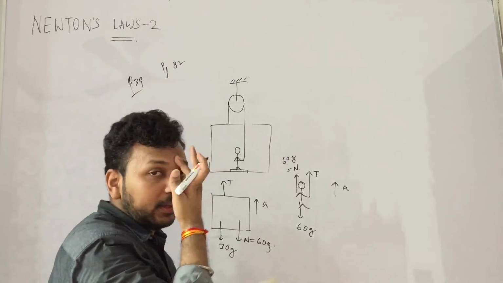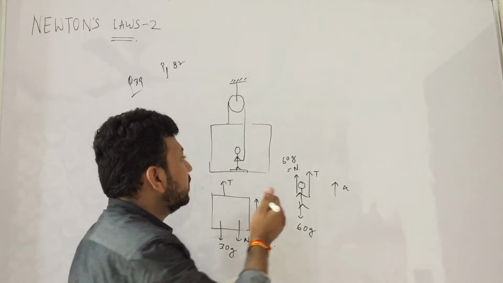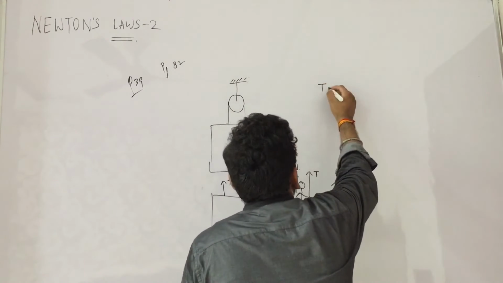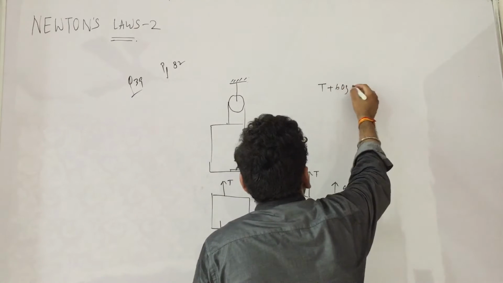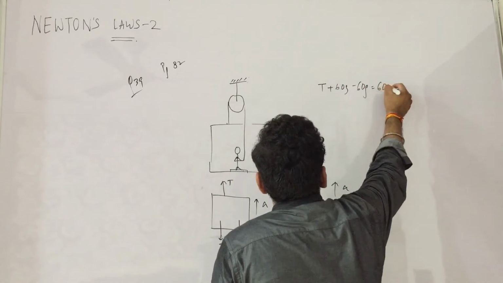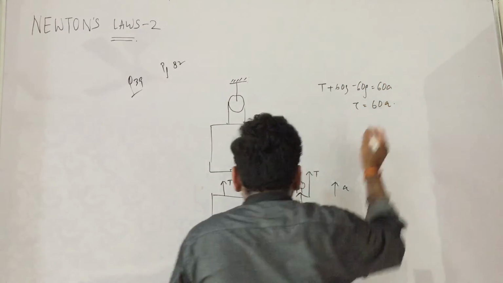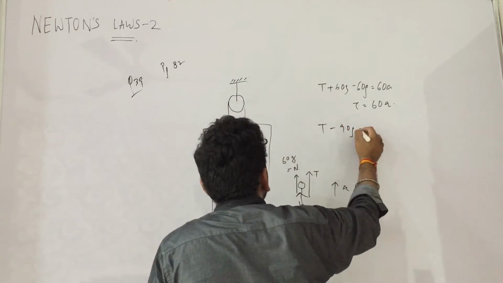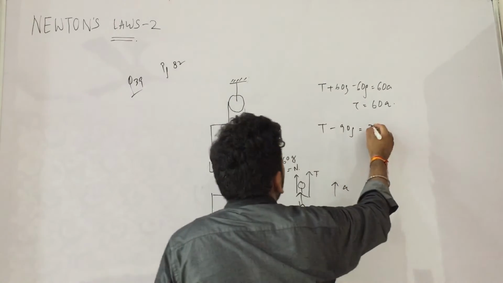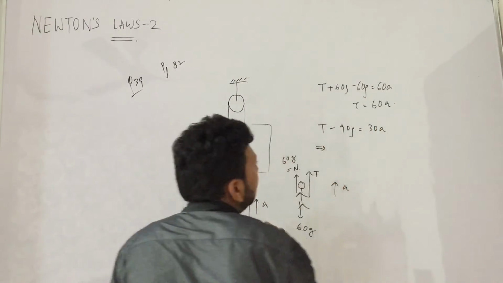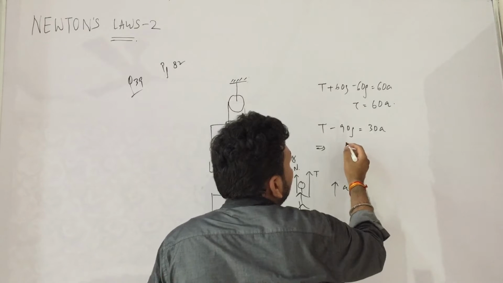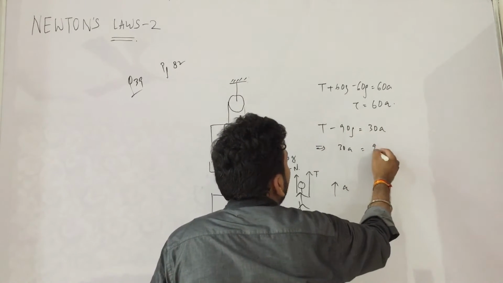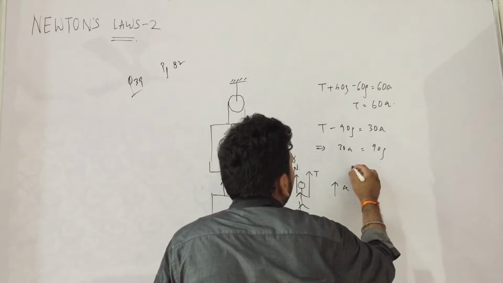Otherwise the FBD is the same. So what is the equation? T plus 60g minus 60g is equal to Ma. So I will solve it quickly for you. T plus 60g minus 60g is equal to 60a. The second equation is T minus 90g is equal to 30a. So we'll put it here and it becomes 30a is equal to 90g, and a becomes